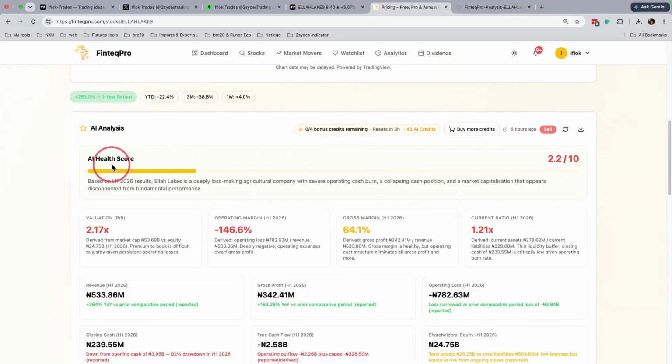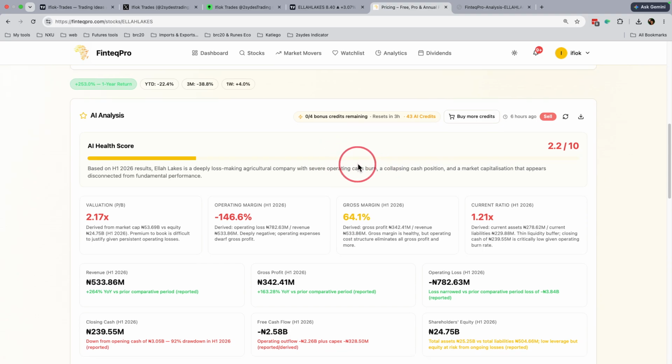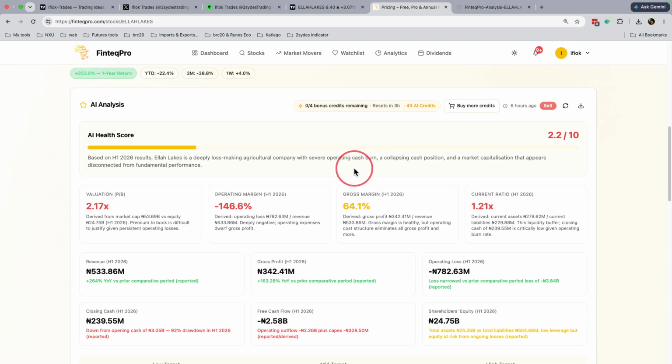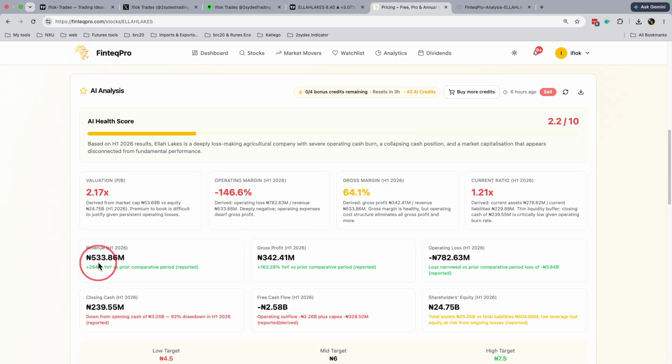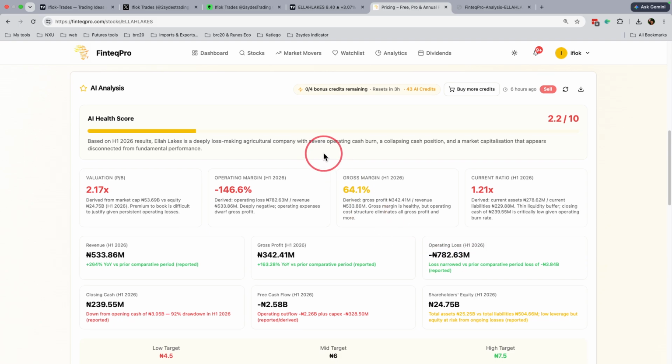Yes, the health score is 2.2 based off of the analysis that has been done by my intelligent finance robot, right? But I'm just going to take this 3 and decide to work with that. I could be wrong, but technically I'm seeing some green light, and fundamentally there's some green lights. This is not such a fantastic score, to be honest. The AI is recommending that I sell, assuming I have it, but no, I'm like, no, the revenue is high, the gross profit is high, operating losses have reduced, and so I'm going to give Ellah Lakes a fighting chance